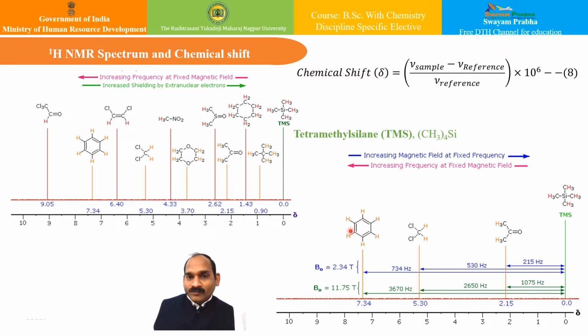So the multiplied number will be in terms of millions, because that denominator number will come up. If you can see over here, your frequency of sample minus frequency of reference upon frequency of reference, your shift will always be in terms of this 10 to the power 6 category, that is, it will always be in terms of this million. So this operation gives a locator number which is called the chemical shift.